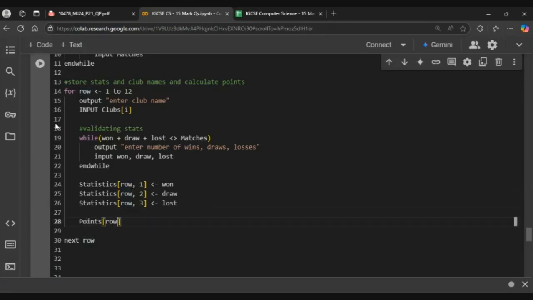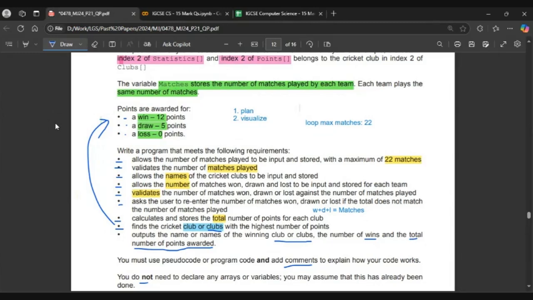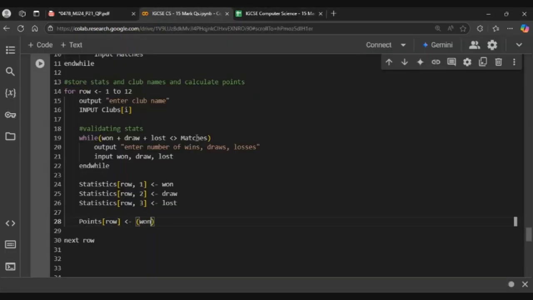So I'll say points index row, and here we need to multiply each of the values. So let's say if there are 5 wins, we need to multiply 5 with 12, and then draws with 5, and then losses with 0. The number with their weight. So 1 into 12 plus draw into 5. And we don't need to multiply 0 with anything, so we can leave it. Or if you want to write it, you can still do that. Lost into 0, like this. Okay, so this would have saved the value in some index starting from 1